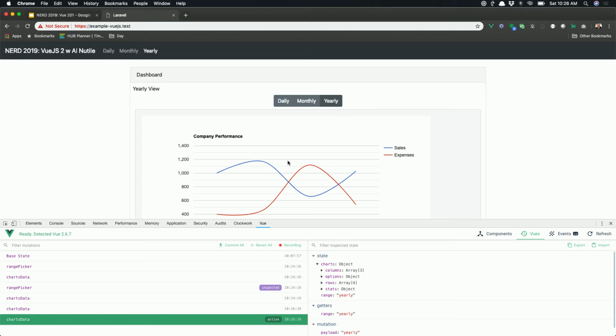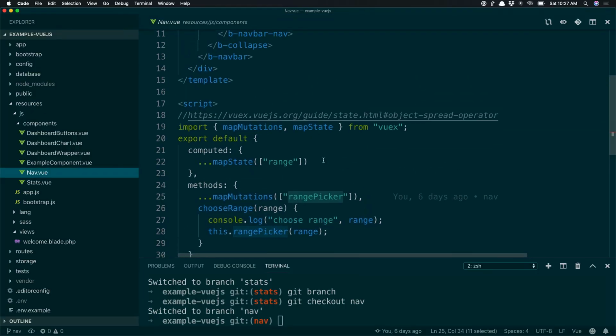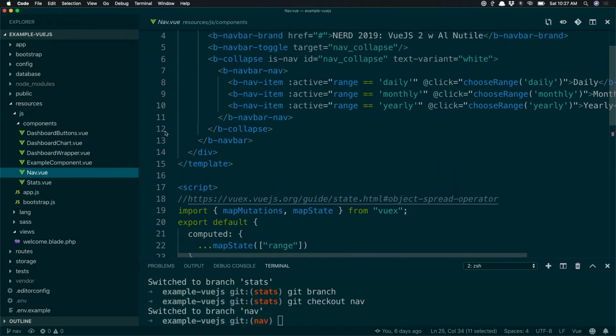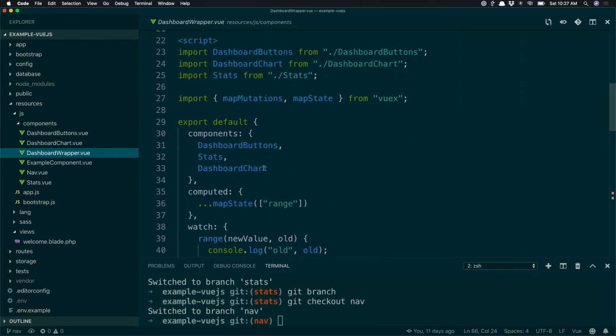And that's one of the problems with events, and they're not a problem, I just didn't like them. Like, what triggers what? Who triggered it? What component triggered what? And does this happen after or before? It gets more popcorny, where this is really centralized, and I feel like it's a nicer workflow. Now, the dashboard wrapper, I altered that in ways too. I said, hey, dashboard wrapper, don't hold on to the range state anymore. Get it from Vuex. So I've moved range up to Vuex.